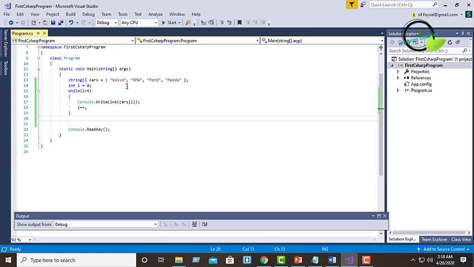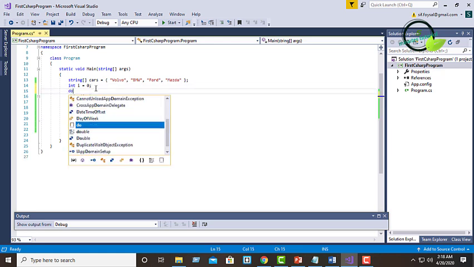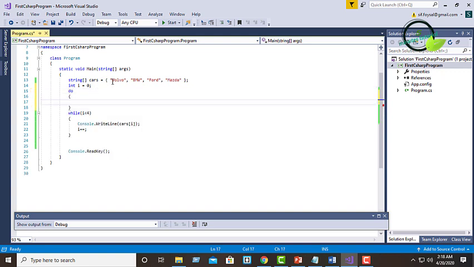Now we will see how the do while loop works. Actually the while loop and the do while loop are pretty similar, but in the do while loop the code will execute at least one time, at least once.